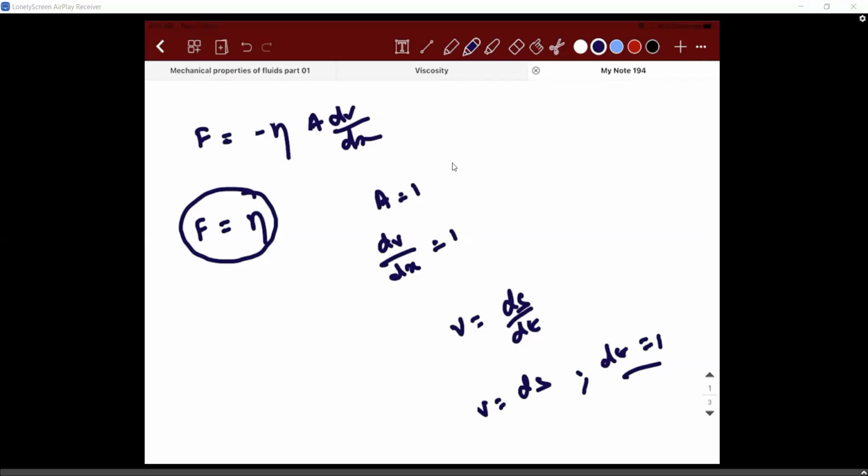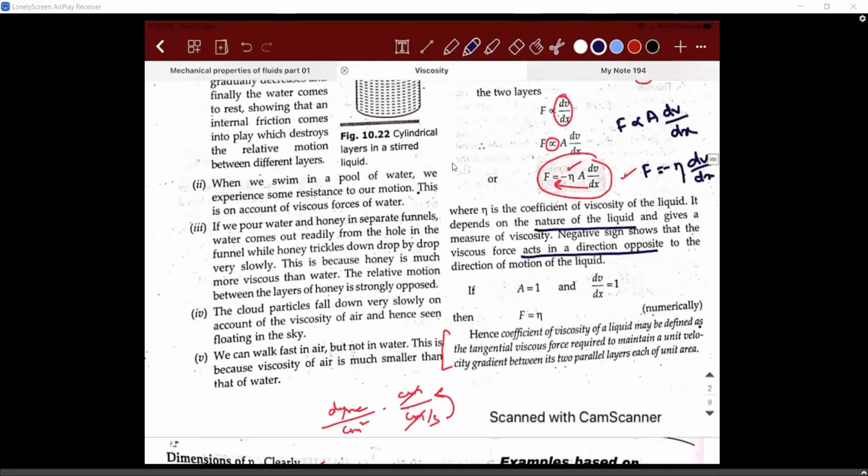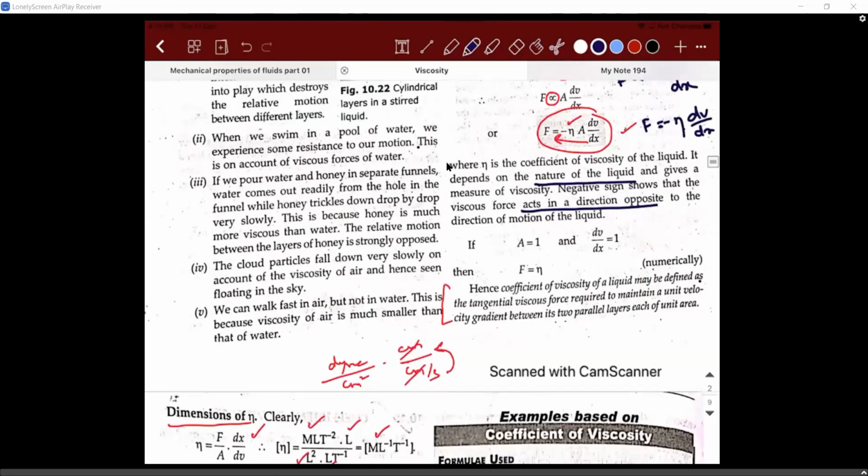Using the same logic, this F is equal to neta is also defined. I hope you're clear, right? Now I'll show you the definition, you can copy it. Okay. So write down this expression, F is equal to neta into A into dv by dx, ignoring the minus sign because we know the significance of it. Please write it down, F is equal to neta into A, I forgot an A here, sorry. Neta into A into dv by dx, ignore the minus sign. Left hand side is dependent. When you write y is equal to f of x, functions clear, y is dependent, x is independent.